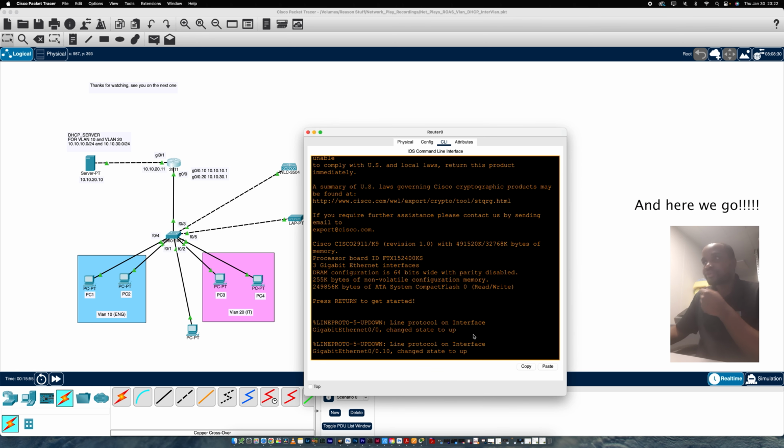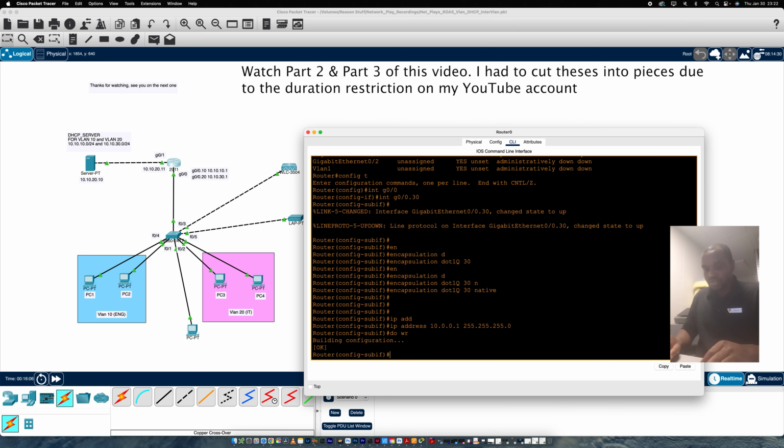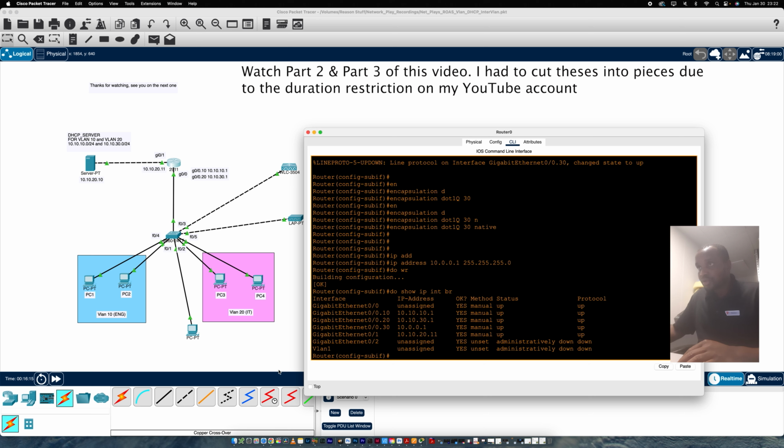So let's go back here and say interface. Let's do a show IP interface brief. So this interface is up. Yes, you can see that. So let's go into that interface. Interface G0